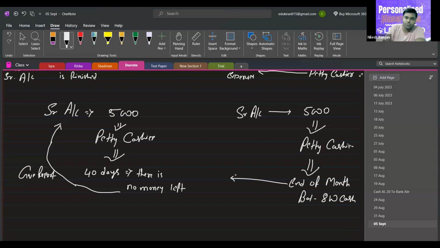So he will go to the senior accountant to give his report,